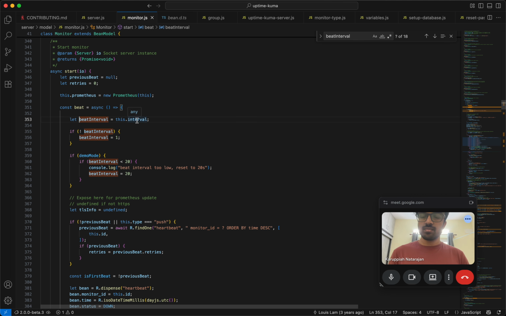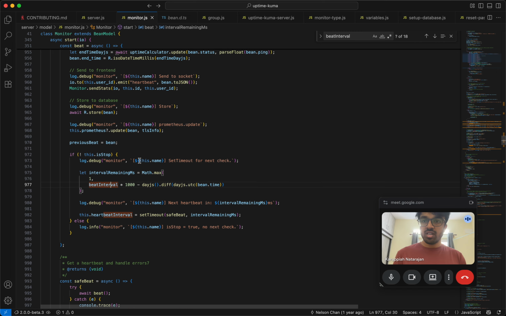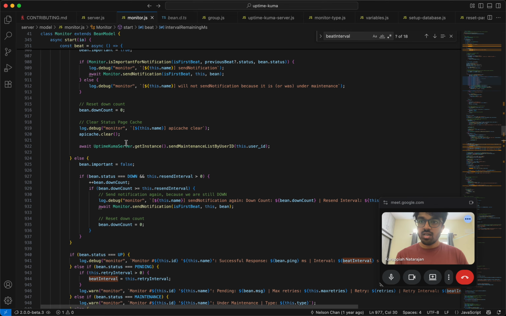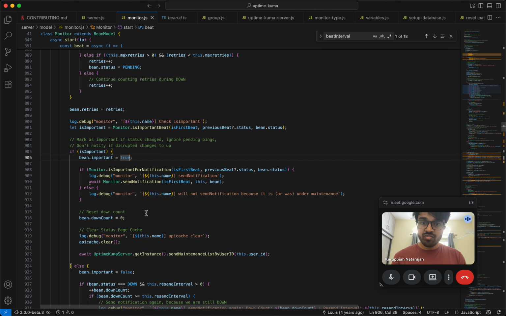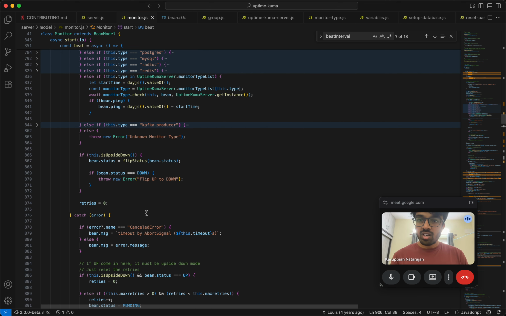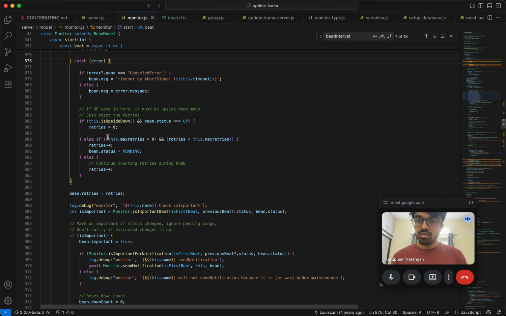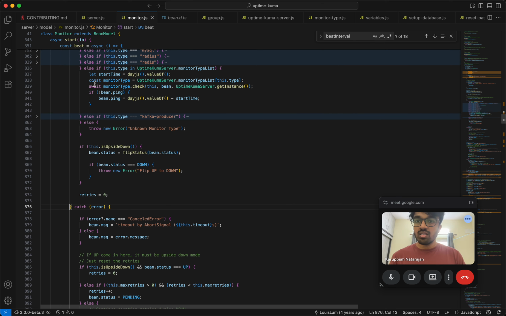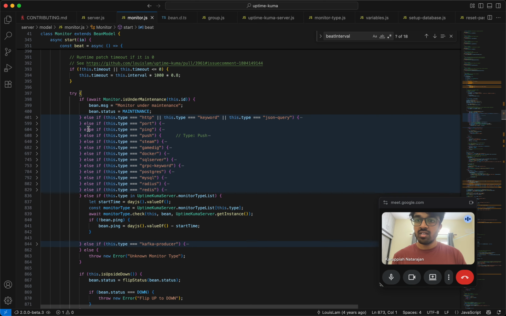So this is the interval, and if there's nothing, then this 1 second is too low though. So yeah, and then you have retries, right? In bean status, once you do all this, I think important is true, and then you say send notification, and then you have unknown type and all that. And if there's an error, then you talk about retries, right? So any error in this, you basically think about how to retry, right? Basically, if you go here at the top, your try is there, so